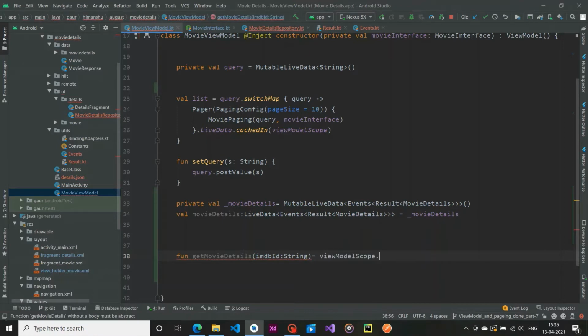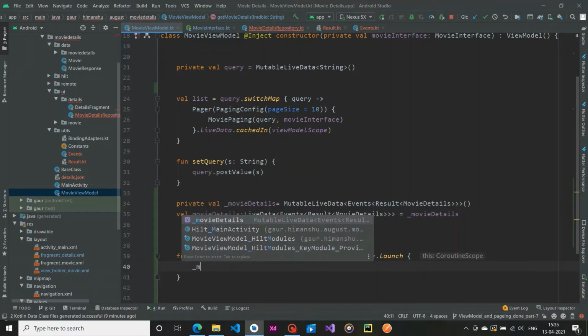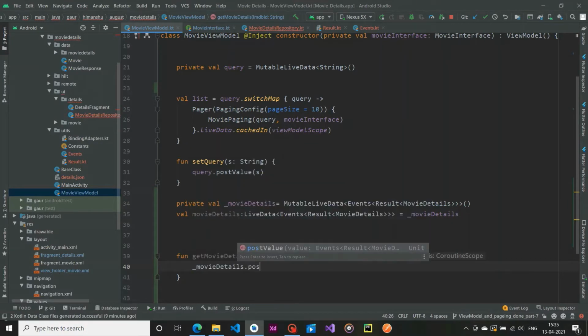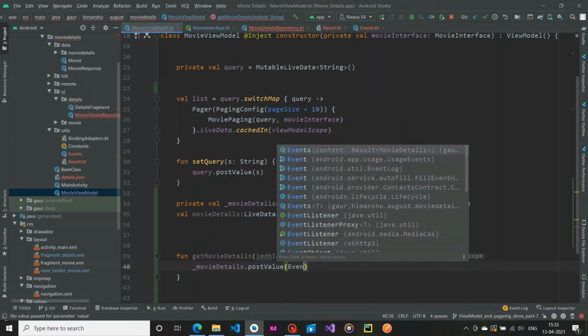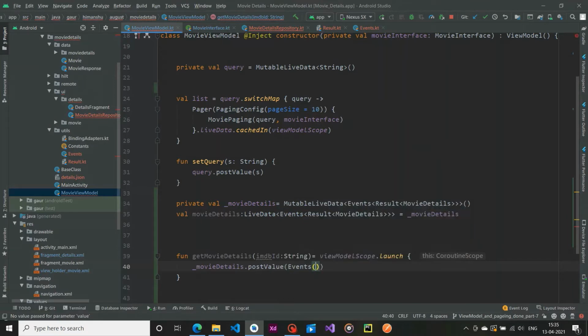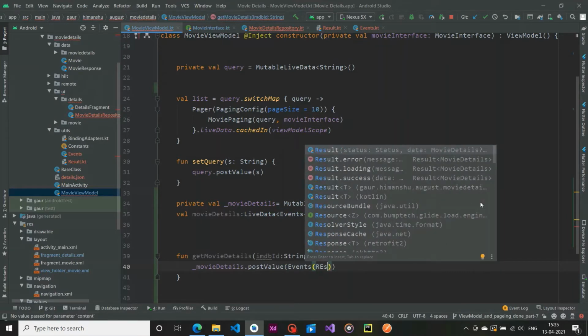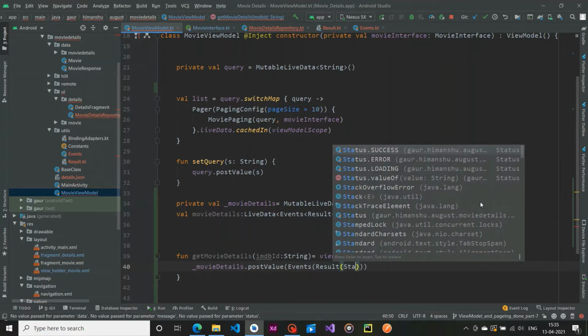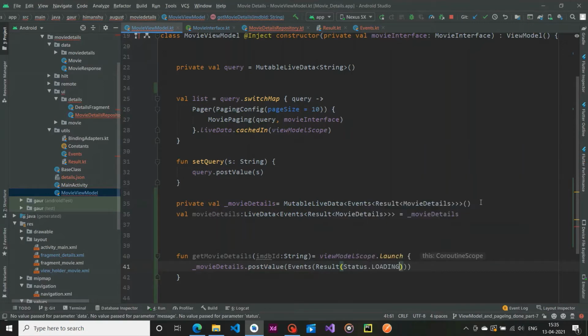By using view model scope dot launch, we first post value to our movie details, that our events contain result, and the status of result is loading. We don't have any data and any message to pass.